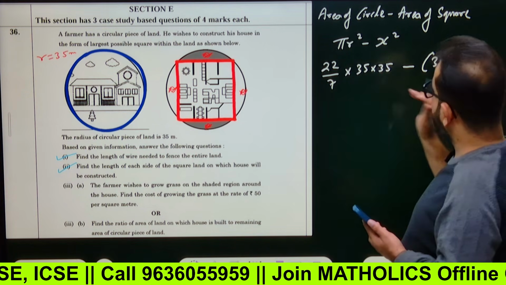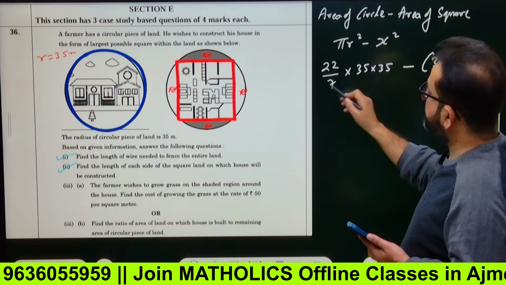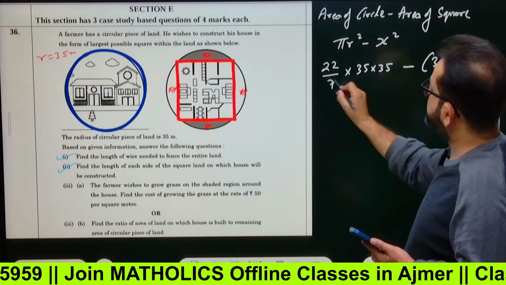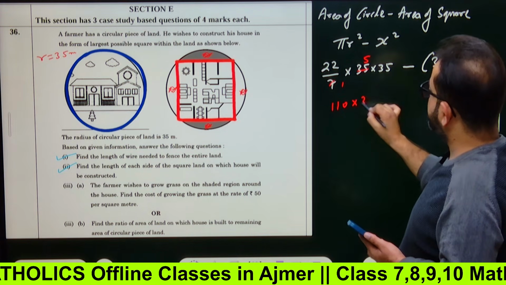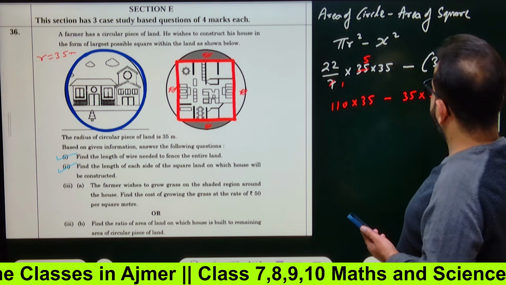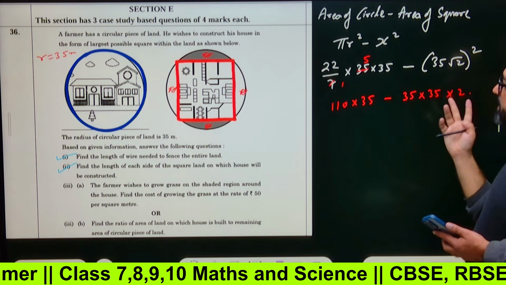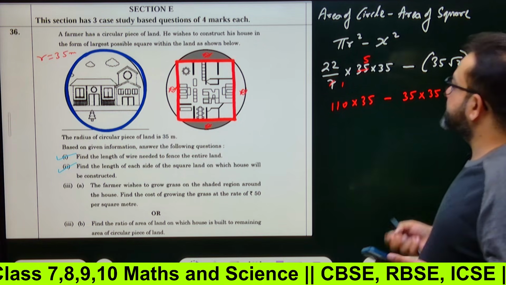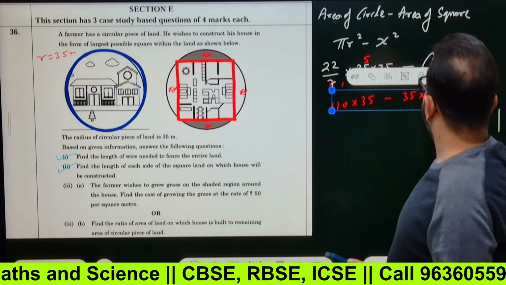So now, see how to calculate these things easily. 7 ones are 7, 7 fives are 35. And 5 into 2, 2, it is 110 into 35. Minus, it is 35 into 35 into 2. So one thing is you multiply this and get the value. Another method is you have got this 22 by 7 into,